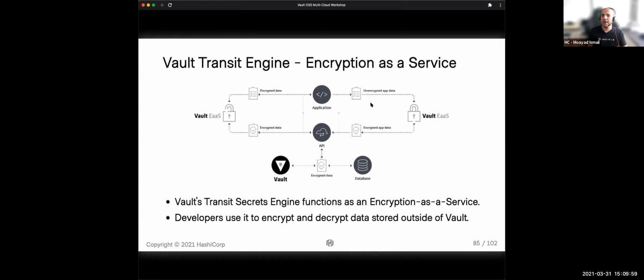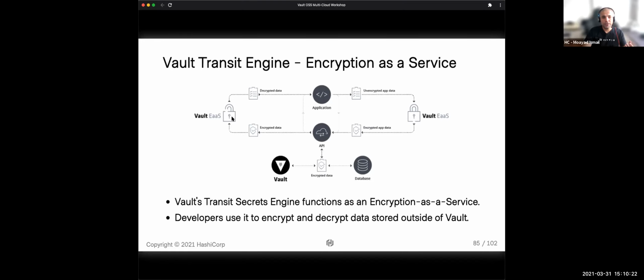We need to encrypt the data so wherever it gets stored, we know it is secured, and only authorized applications or people can decrypt that data. Vault enables this by providing a very simple API that applications can use to both encrypt and decrypt their data.